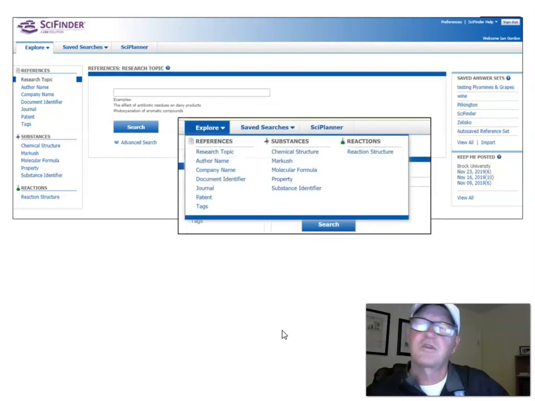And it allows you to search by three groups. Research topic, that's like a Google interface. Author, company, substances, again, chemistry, by structure, molecular formula, or substance, meaning I want to search by this chemical or class of compounds, and it does reaction searching. So that's what makes SciFinder unique. References, substances, or reactions. You can jump from one to the other. So you can start with a research topic, find a series of chemical structures,